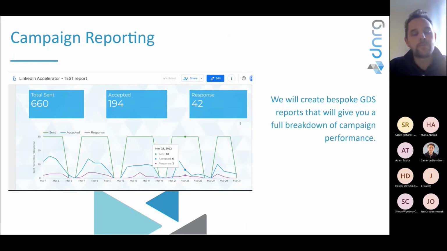Then on to reporting. So as I said, throughout the campaign, we share all the results and findings. And what we then do at the start of each month to look back at the previous month is send a bespoke Google Data Studio report to yourself. And this will give you a more in-depth review of how your campaign has performed. So as we can see here from this screenshot, throughout the course of the month, we'd sent 660 connection requests out. 194 of them were accepted, and there was 42 responses, which is strong performance,